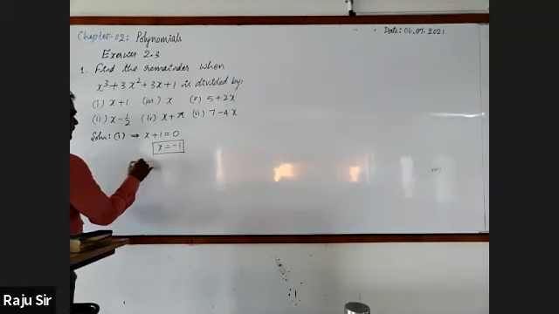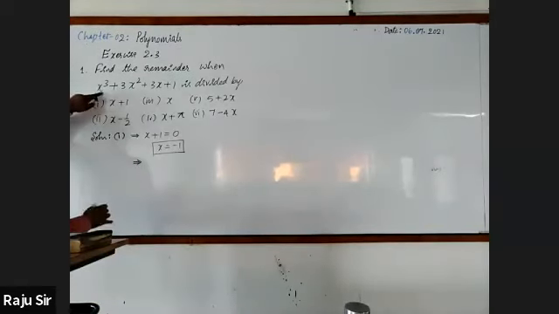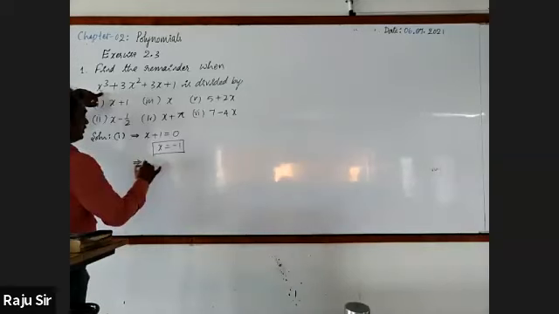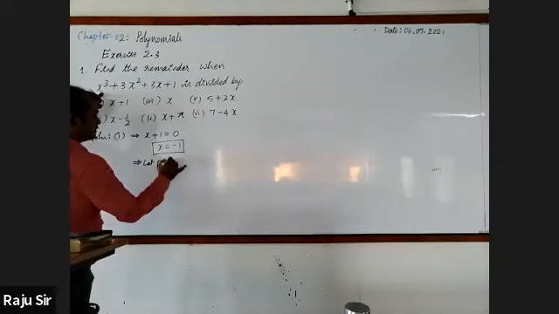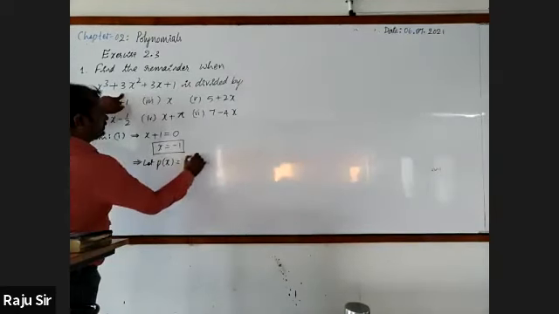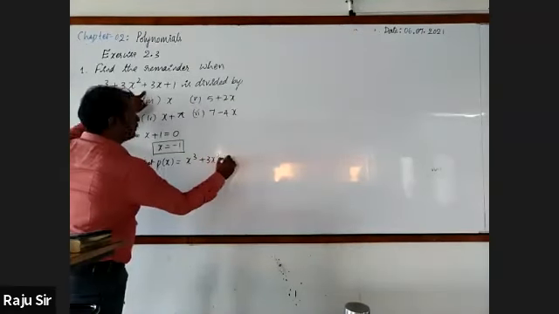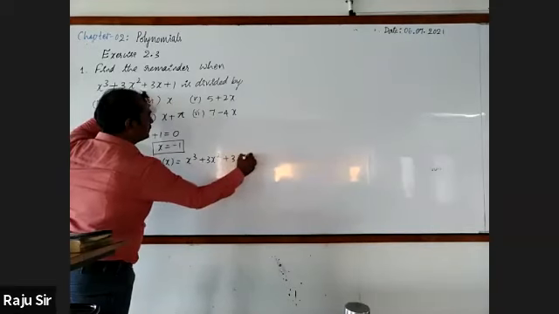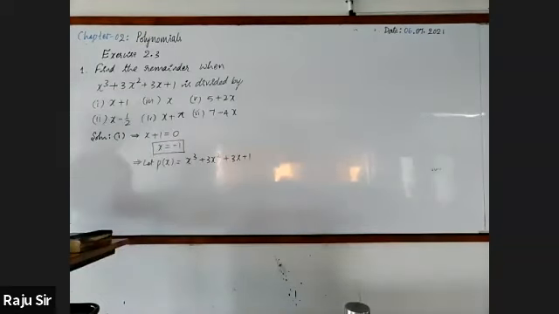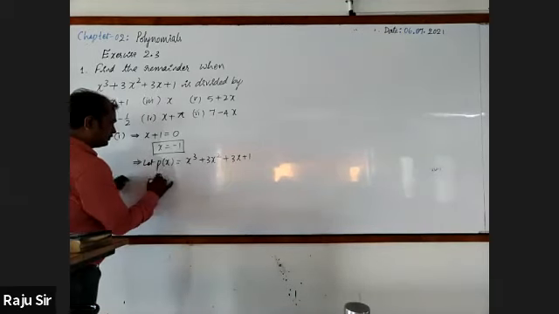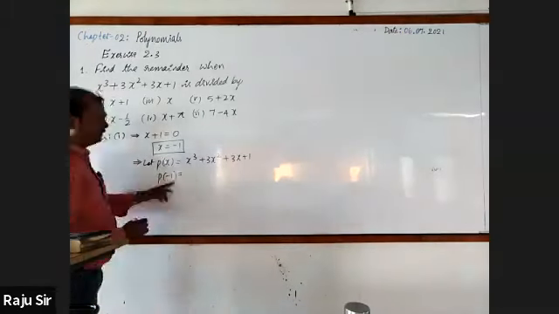Yes, sir. Let us write p of x. Let p of x be x cube plus 3x square plus 3x plus 1. Now substitute minus 1 in place of x. Right. P of minus 1 is equal to,